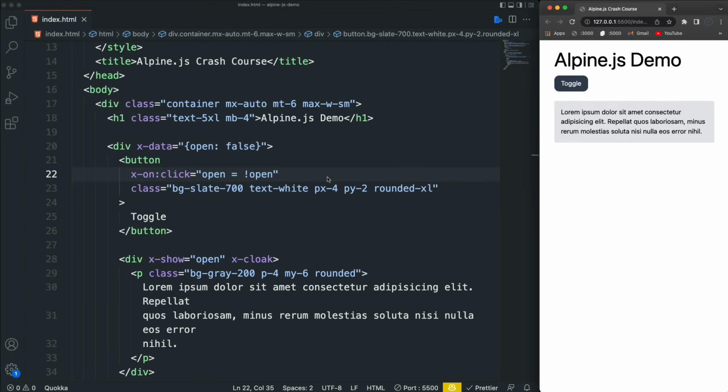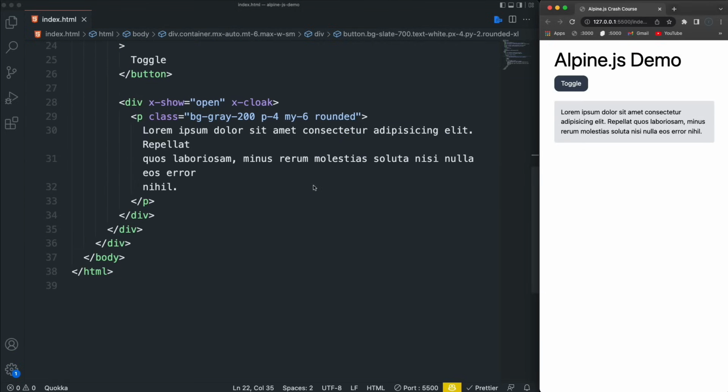All right, and this is something you might want to add to a very simple website, but you don't want to use a framework, you don't want to use jQuery, you don't want to add a custom JavaScript file. So I think it's a really nice solution, especially if you're working with Laravel templates or something like that. All right, so moving on, next we're going to look at x-text, which will set the text content